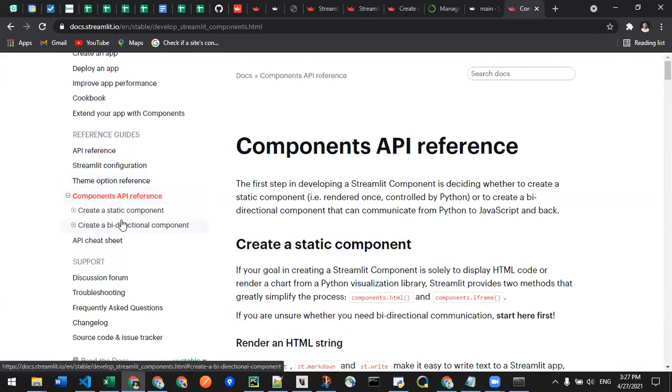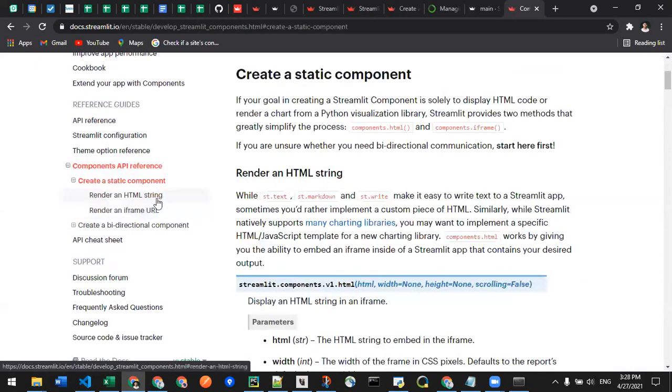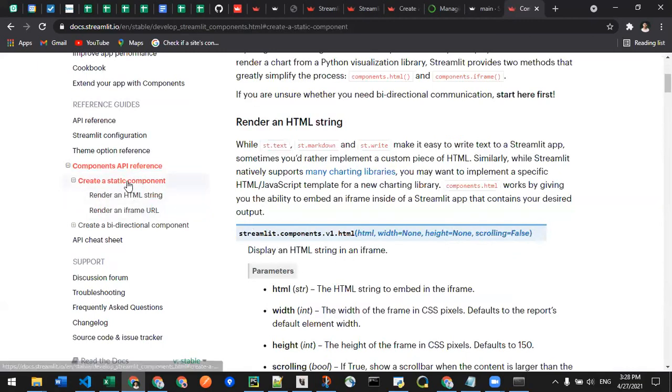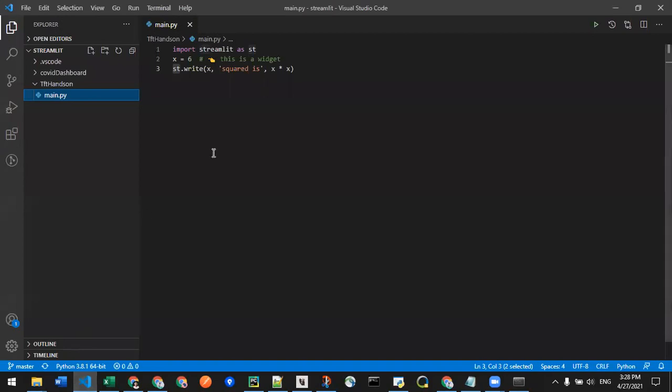We can create a static component and a bidirectional component. First, we will create a sample static component, and then I will explain the bidirectional component. In our sample, I have just inserted a few texts and performed some